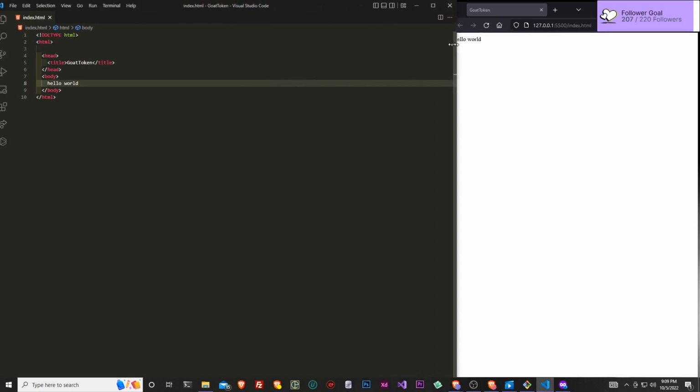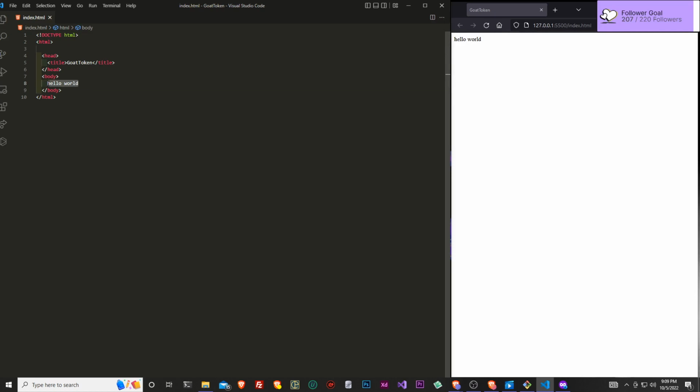Very cool, right? Now, HTML is a markup language. It's not so much of a programming language. It's a markup language. Basically, you're able to wrap any type of word or whatever you want on the web page between elements.